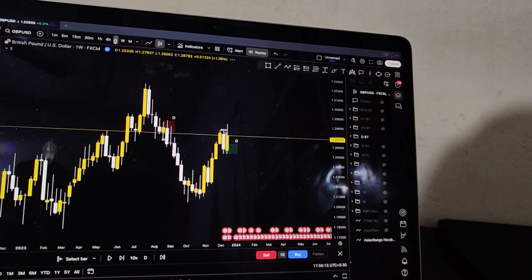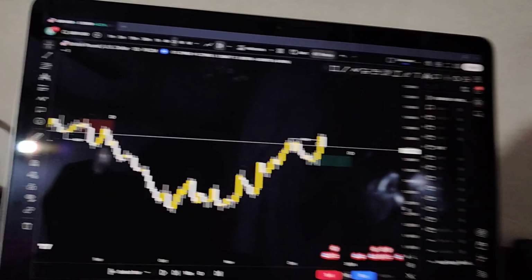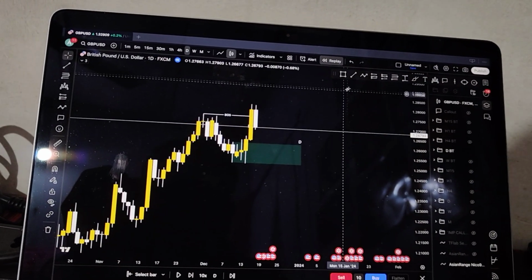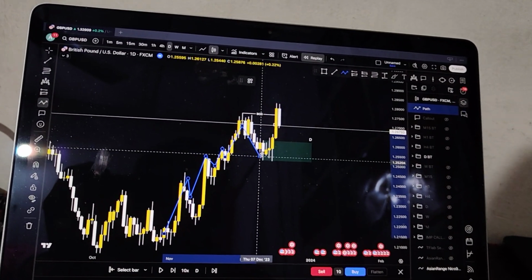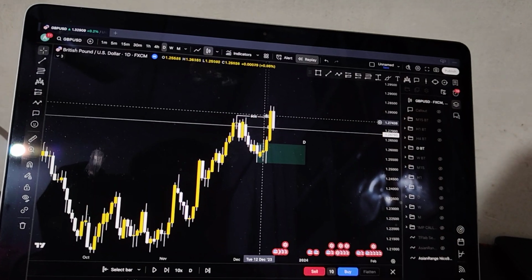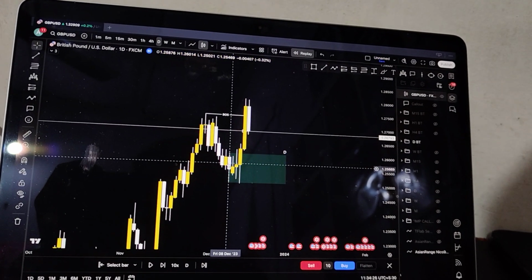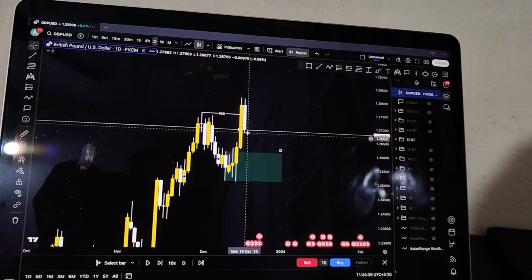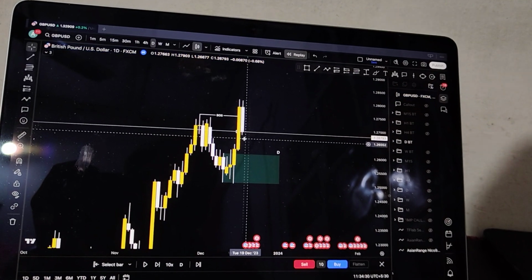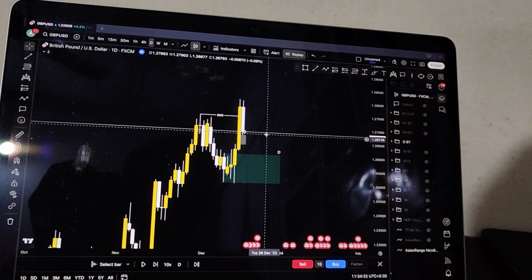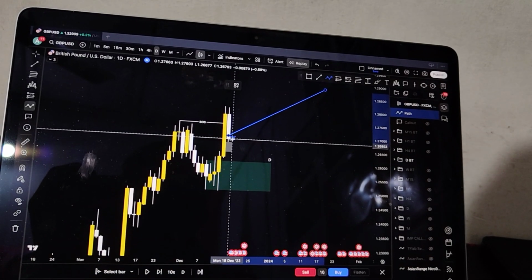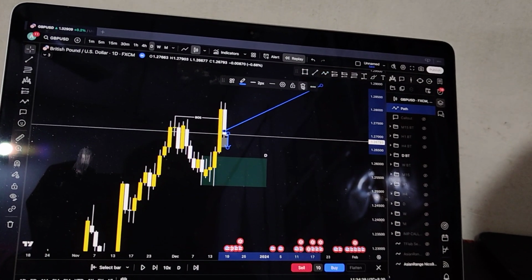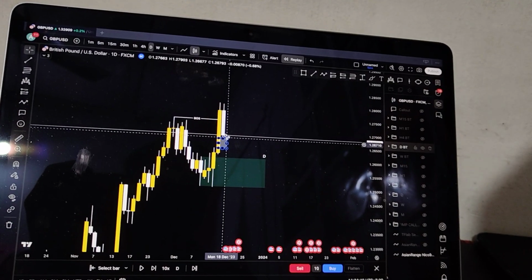Now if I go to the daily on GU, on the daily time frame, I start to see market structure. It is making higher highs and higher lows, a break of structure, a new break of structure. There is a demand zone that caused this break of structure, you can argue, and there was also a daily fair value gap to fill. By looking at this, it clearly looks like it wants to fill up this fair value gap at least on Monday. So my bias for Monday was clearly bearish.